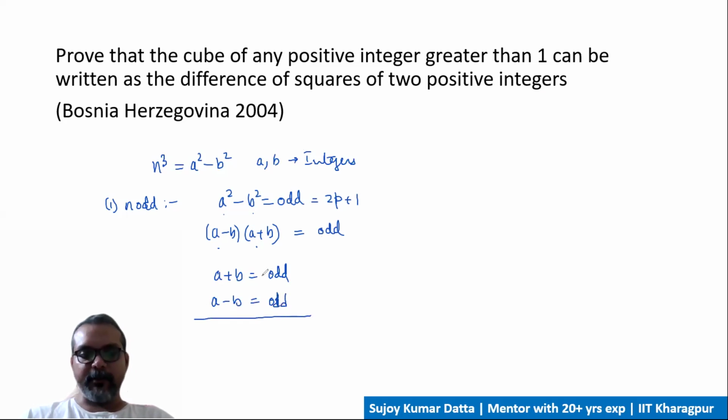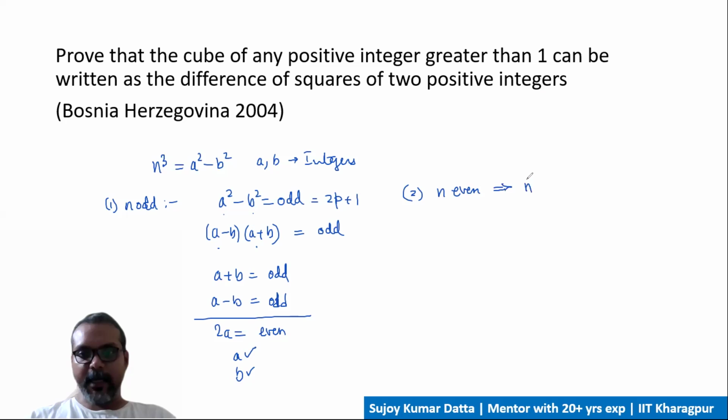So when we try to solve them, we add them, you'll get 2a equal to an even number, we'll get the value of a, and hence we'll also get the value of b. So you'll be able to express n cube in the form of a squared minus b squared if n is odd. Number two, if n is even,